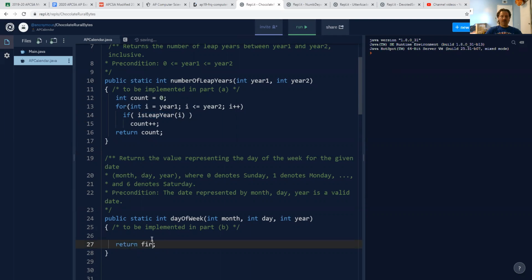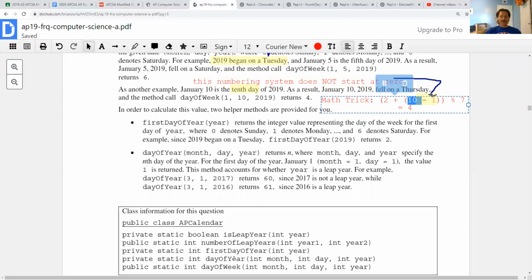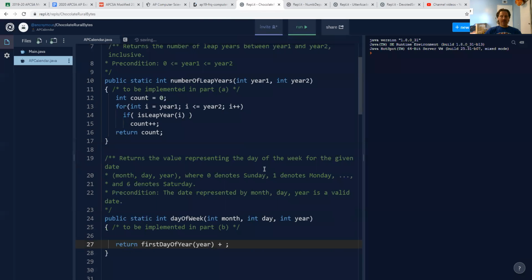So for example, first day of year, that's going to do its magic, and I'm going to just give it the year. I'm going to add to that the next method that they gave me, which was called day of year. Now that method wants a month followed by a day followed by a year handed to it. I'm going to subtract 1 from that quantity, and then I'm going to put that whole thing in parentheses,